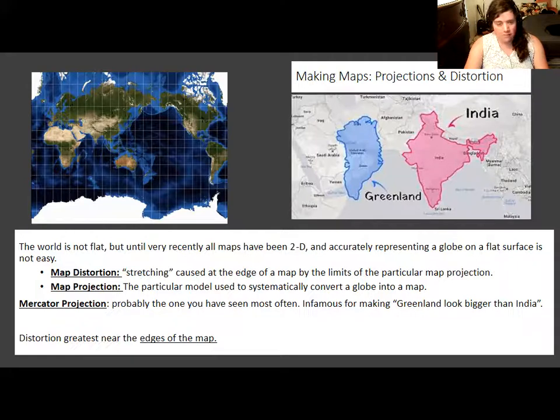And that's one reason I really don't like this projection, which is known as the Mercator projection. It's one that you see a lot in grade school textbooks, and it's reasonably useful, but the distortion drives me crazy. No map is going to be completely free of distortion, but for a class like Antarctica, using the Mercator projection is generally not very helpful if you're trying to accurately measure distances.